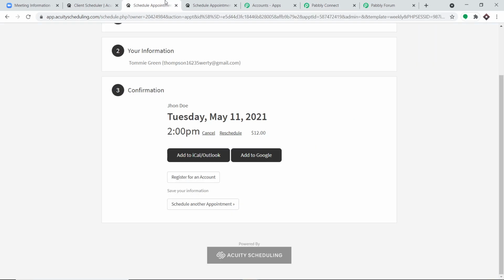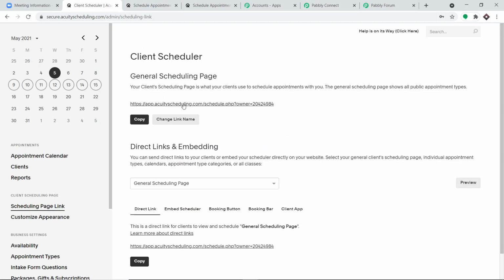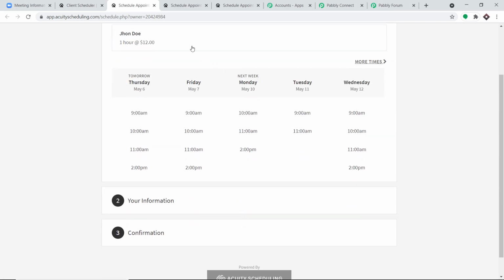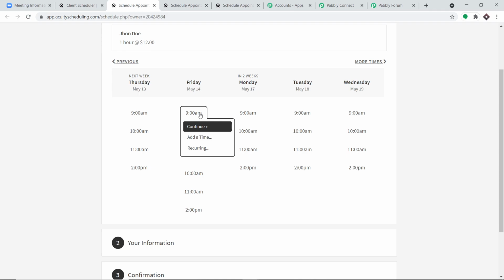So let me go to Acuity Scheduling. Okay, so this is the link. We have made one particular link, so I'm just going to open this. This is how the customer is going to get into your link. He is going to get this link, let's say from email or WhatsApp or from any social media network, and he is going to make an appointment. So my price is $12. And the guy is going to make an appointment on Wednesday the 12th, or if you want, you can approach a different time. How about Friday? Okay, Friday, May 14th.